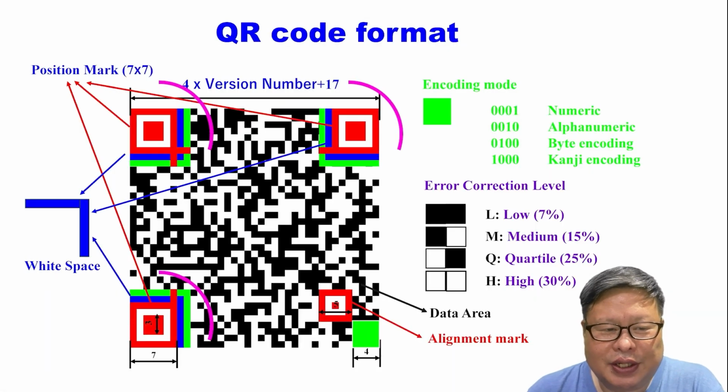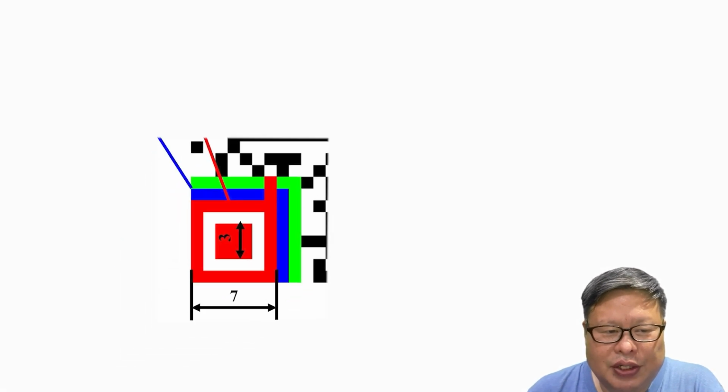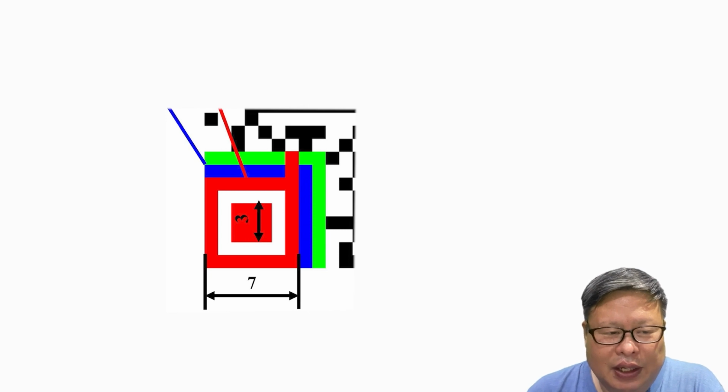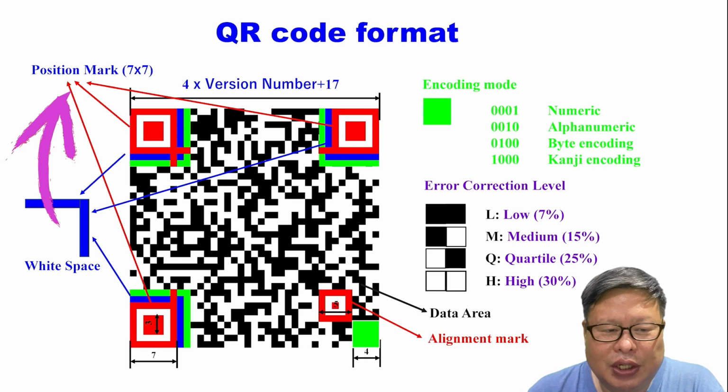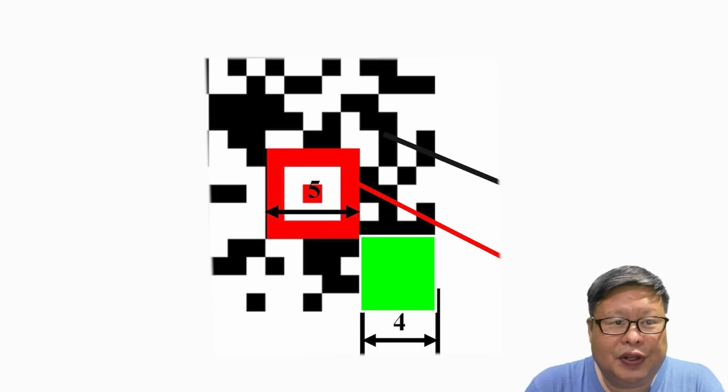A QR code consists of three large squares, positioned at the three corners of the barcode image. These squares are 7 by 7 in size, and contain a central 3 by 3 square, known as position marks. These squares remain fixed. Additionally, there is a smaller square or multiple squares in the last corner. This feature allows the barcode reader to determine image size, orientation, and viewing angle. These squares are 5 by 5 with one square in the center.